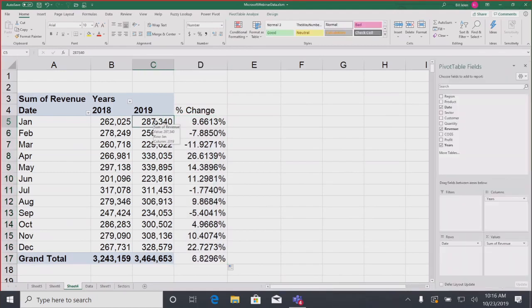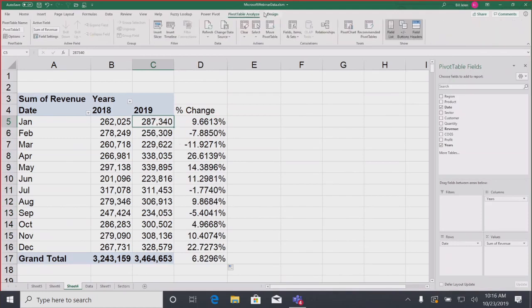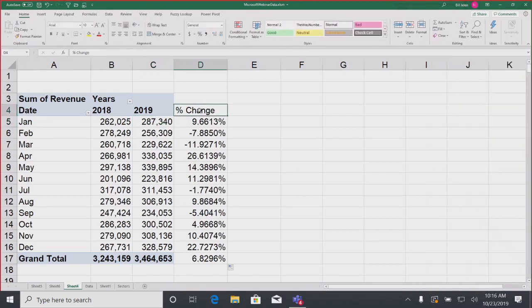Now, if you're in the camp who hates GETPIVOTDATA and you just never want it to happen to you again, make sure to go back into the pivot table. So we have the pivot table tools up here in the ribbon. Over here on the left-hand side is an Options button, and I don't want you to click the Options button. Instead, I want you to go into this little drop down here and uncheck Generate GetPivotData. You turn that off once, and it'll be off forever. It will never happen to you again, right? So if you like to build your formulas outside the pivot table, that is a great way to go.